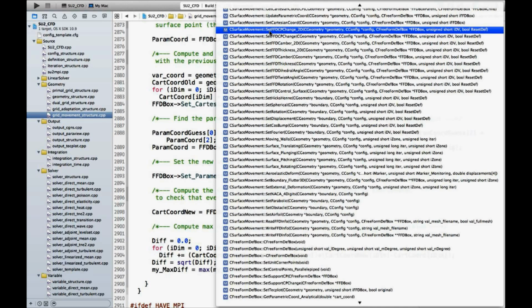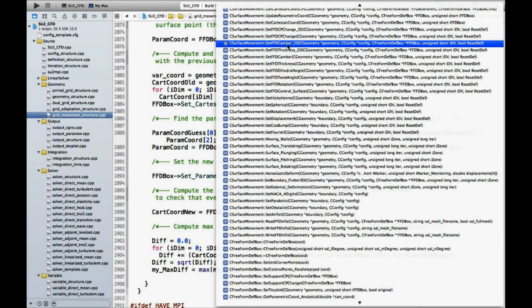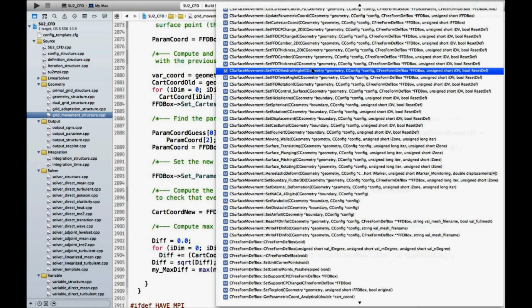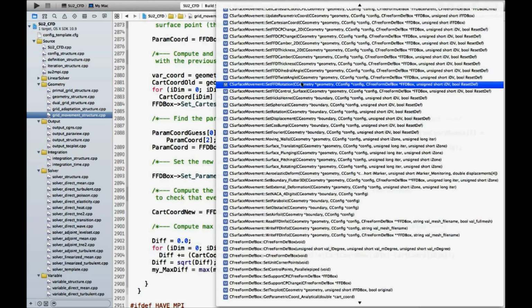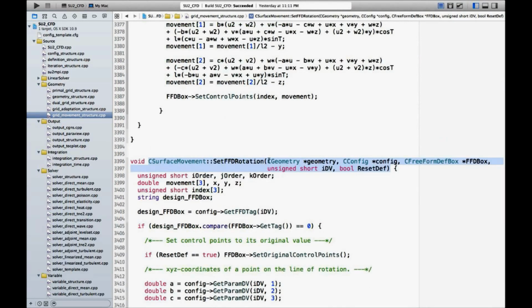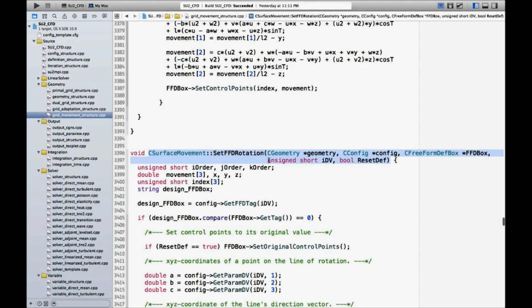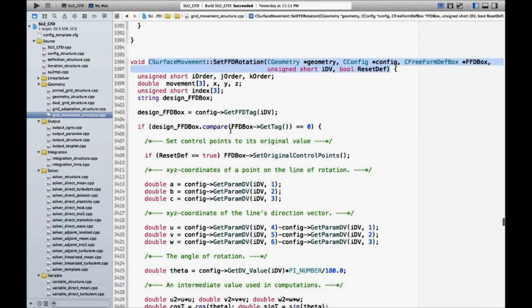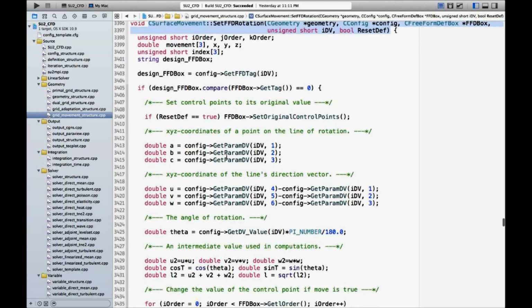All of them start with set FFD: just moving or changing a control point, set FFD camber, thickness, camber, diagonal, twist angle. So we can go just, for example, to take a look at this one. As I said before, the main idea here is that you have control over all the control points that compose the box. And what you are going to propose is a coordinate movement of this point. So if you take a look at this, the basic idea is that you read